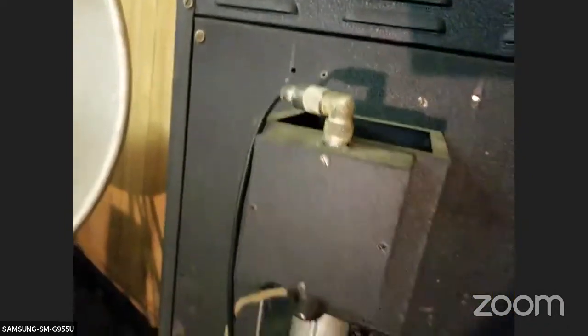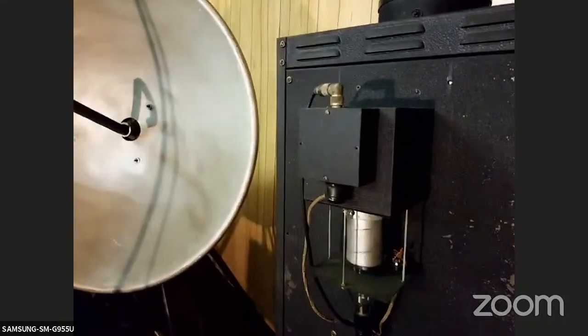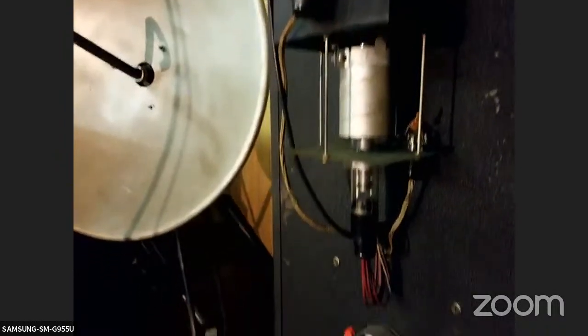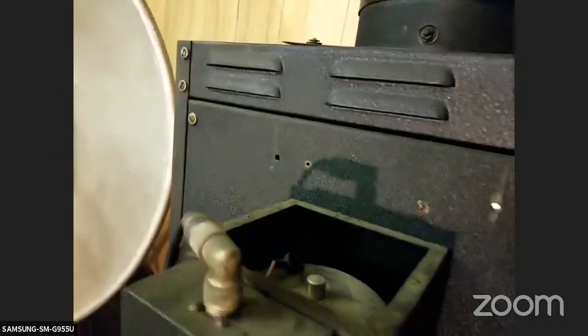So it affects how the beam is reflected. Oh, I see. Is it high resolution etching or coarse? It's pretty high. I mean, the resolution of these things is high because they used them for